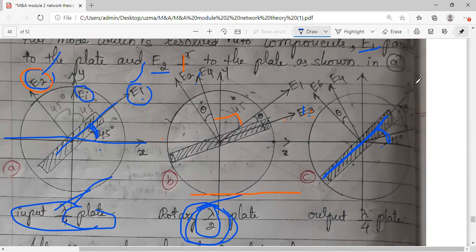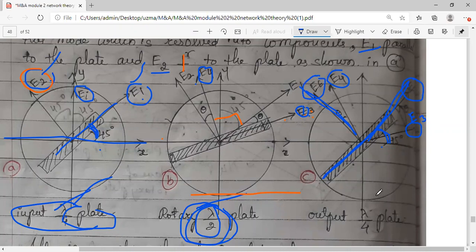So this is fixed. Then just now you have got E3 here, it is not visible to you. This is your E3 component, okay, and this is your E4 component. Just now, in the second figure, you have already drawn this. Same thing I have drawn. Additionally, two more components, again vector resolution. One is parallel to the plate, the other one is perpendicular to the plate. Which one is parallel? E5. Which one is perpendicular? E6.